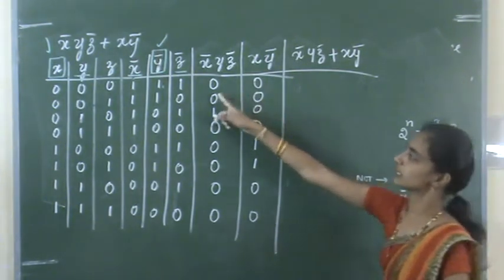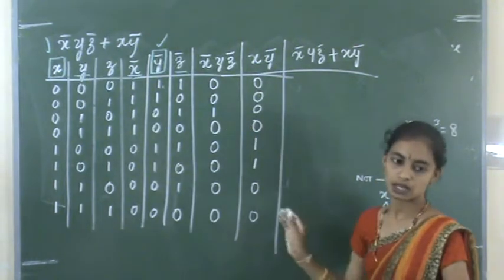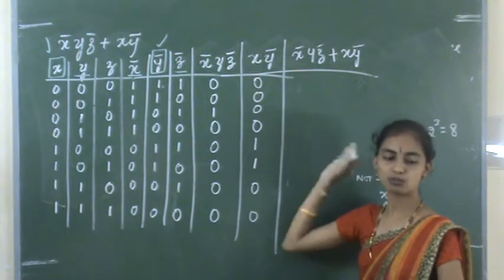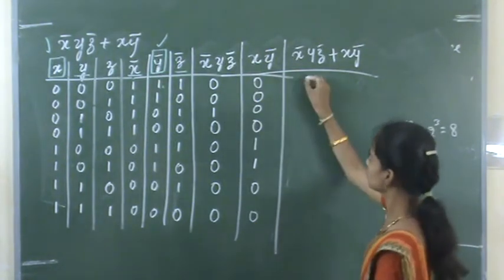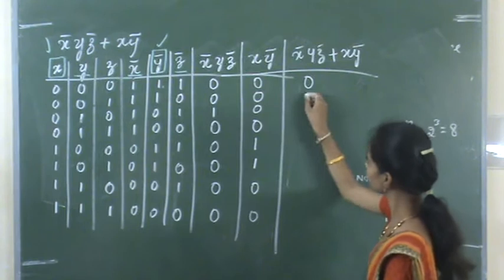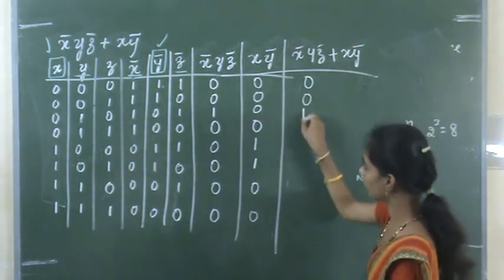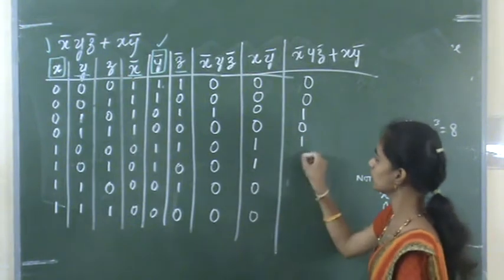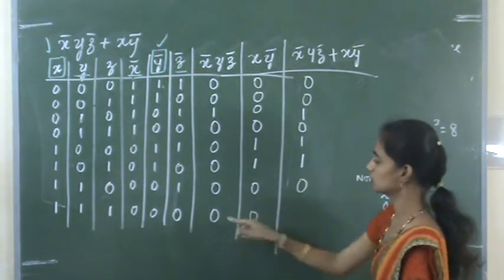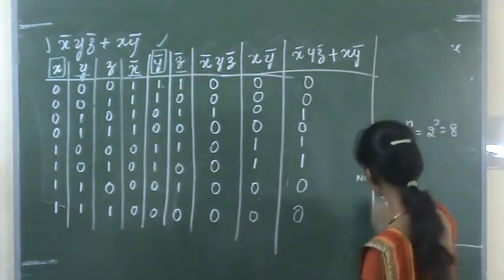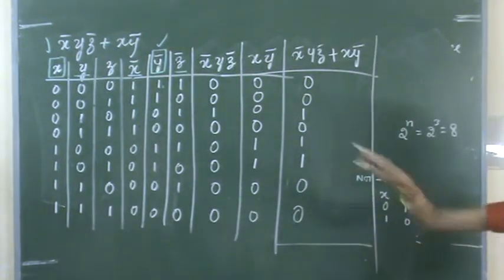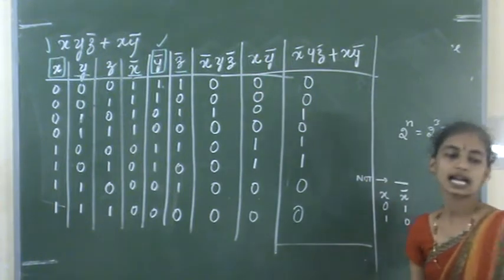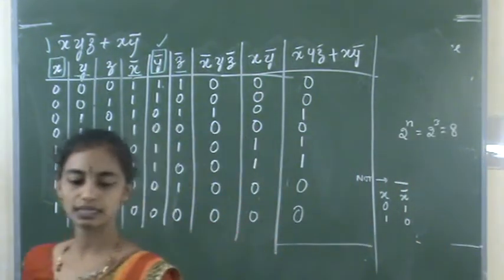So now in these two, whichever is 1, the output will be true, 1. Okay. So if both are 0, the output will be 0. So 0 0, the output is 0. 0 0 0 1 0 1 0 0 0 0 1 1 0 1 1 0 0 0 0 0. So this is the resultant of this truth table. Okay. So for that expression, this is a truth table we have constructed.